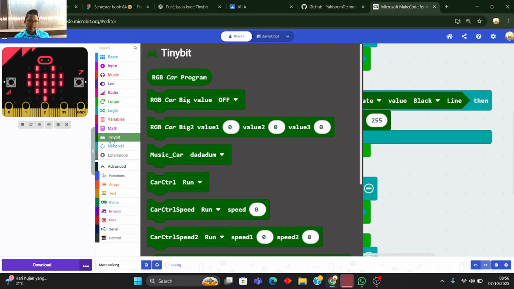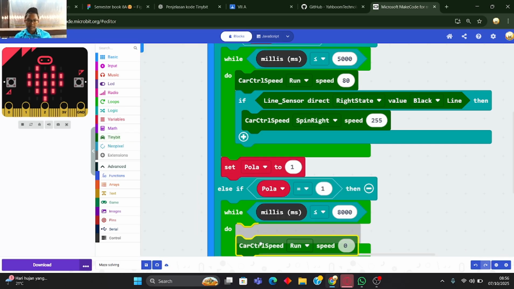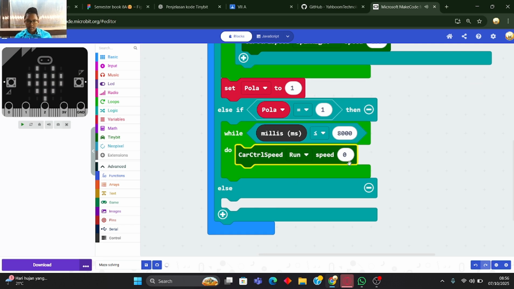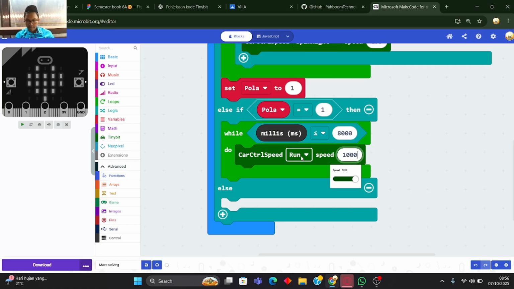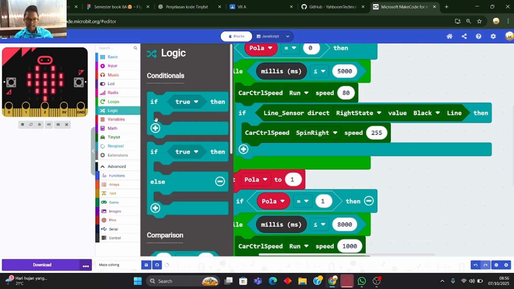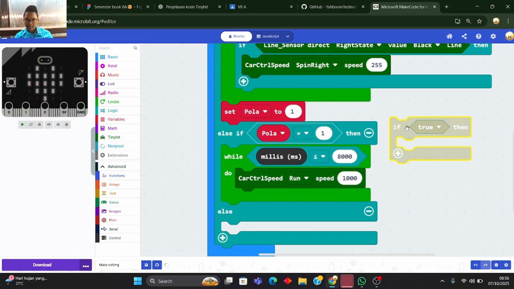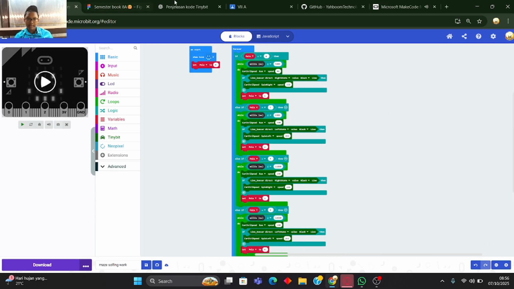We can go to Tiny:bit. There's a car control speed, we can take it, put it under, and the speed is 100. We can go to logic again, take the if then, put it under car control speed.